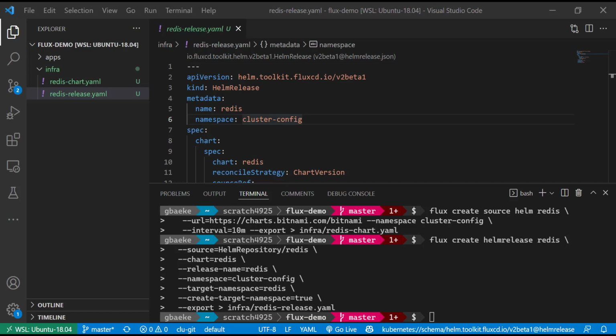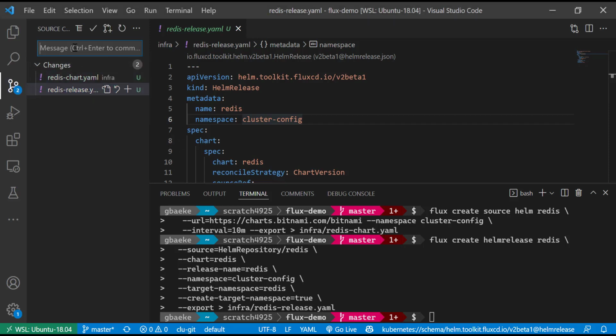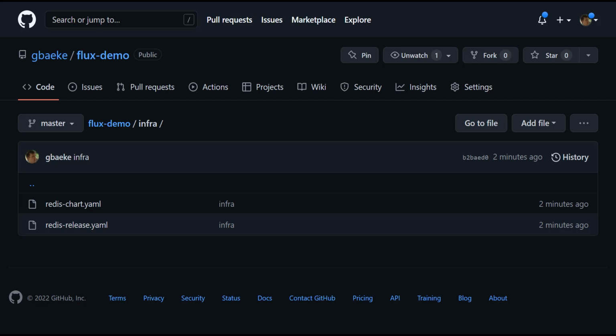It's now time to commit our changes to our remote on GitHub. So let's do that. Let's switch here. Let's add a message to the infra stuff. Let's make sure that we do this, and now we publish the branch here. So this ensures that we have everything up on GitHub. And here's just a quick check to see that the YAML files are indeed in the infra folder up on